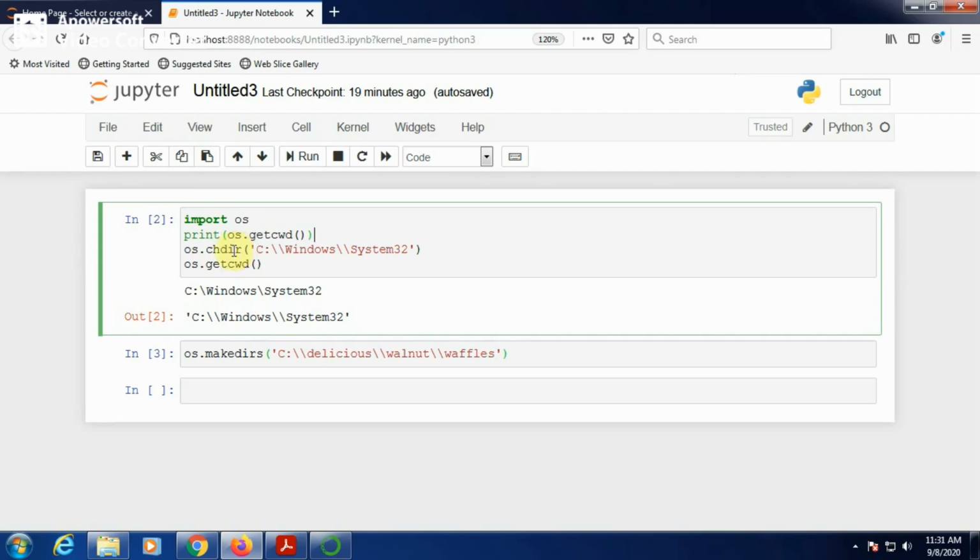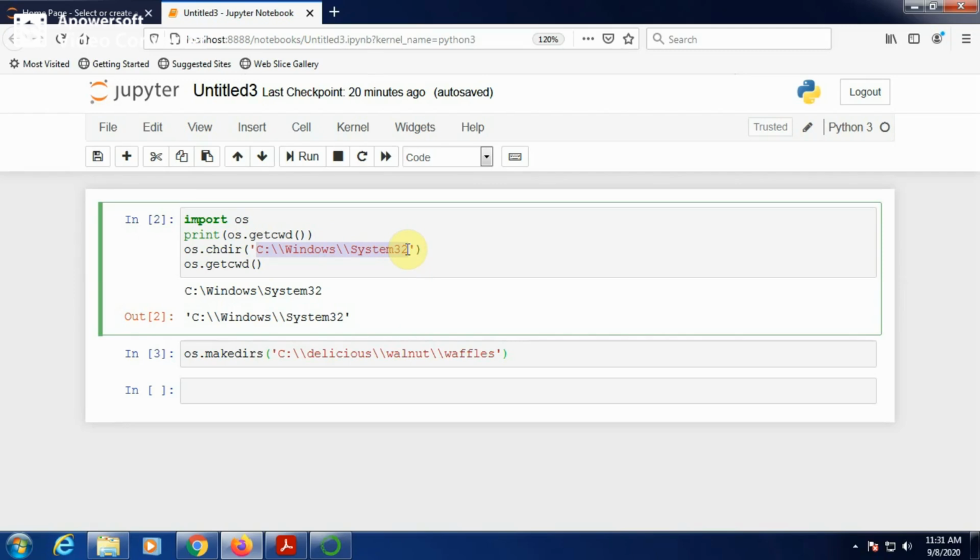Now if you want to change the directory to your own directory, you can give os.chdir, change directory, and to which directory you want to change.